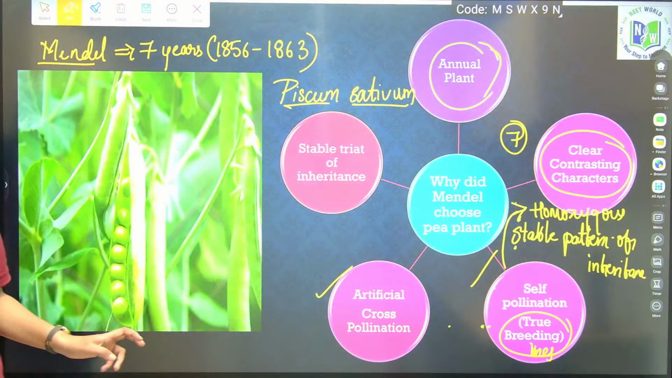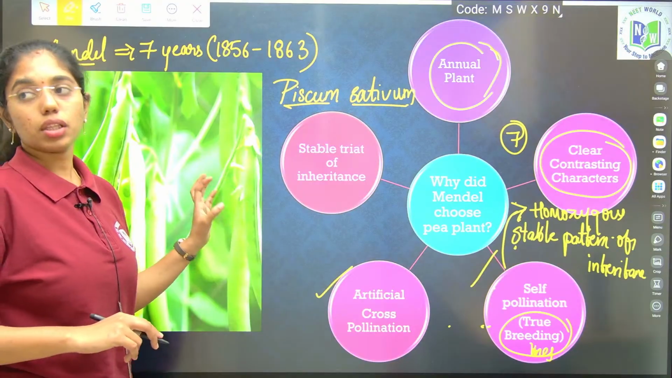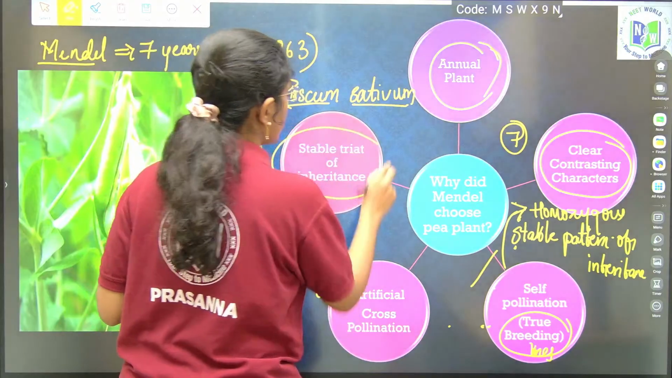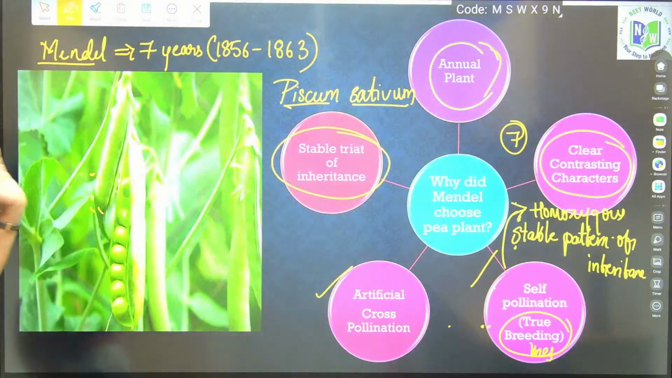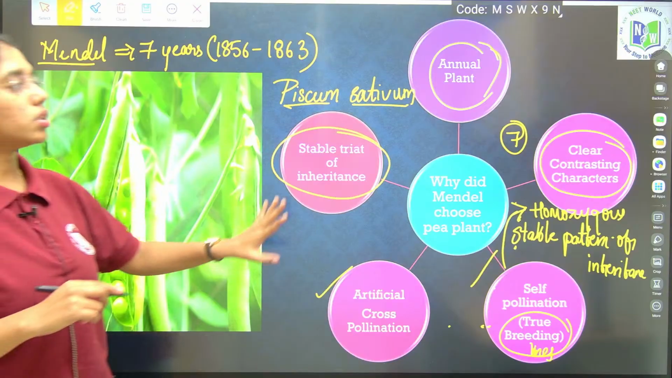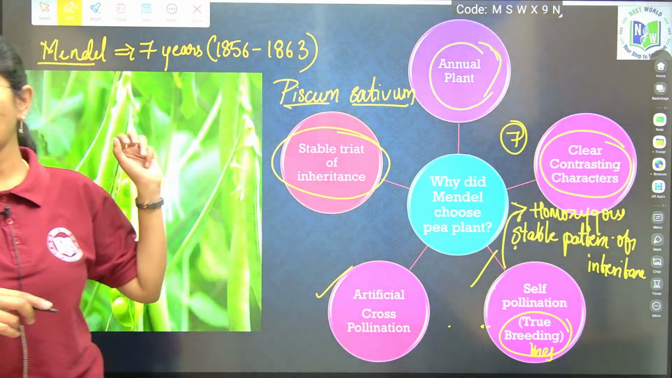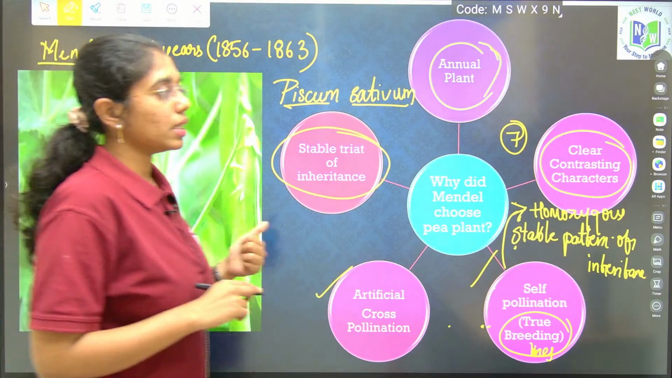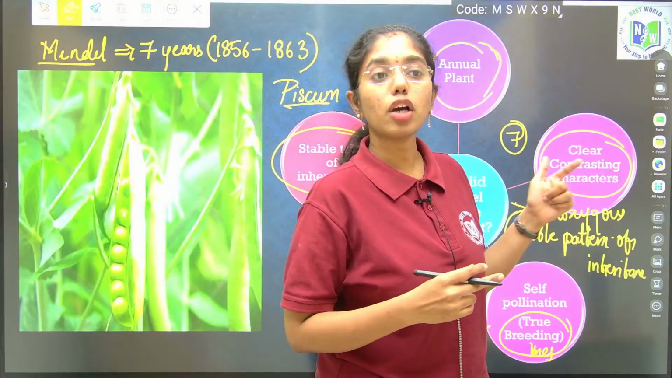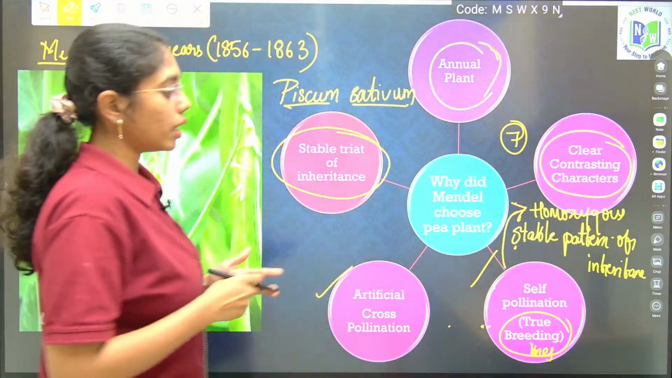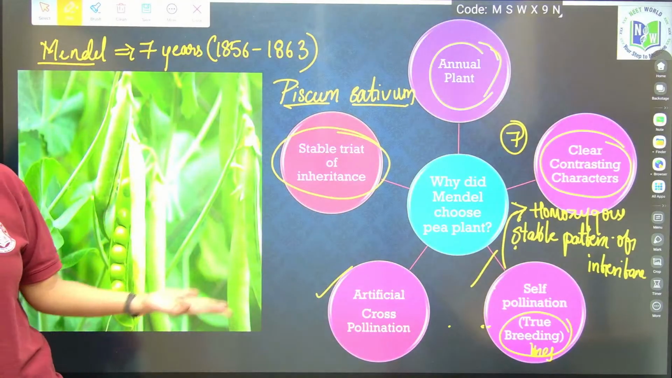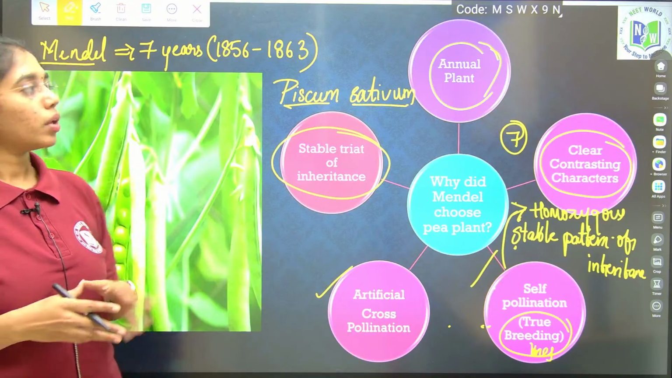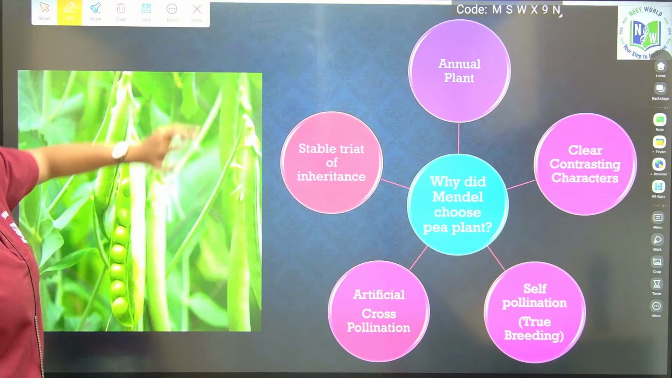Artificial cross-pollination is also easily done here by dusting the pollen grains of the desirable interest, and a stable pattern of inheritance is shown. So, what are the major reasons why Mendel chose Pisum sativum? 1. It is an annual plant. 2. Clear contrasting characters are shown. 3. Self-pollination, and then artificial cross-pollination, and stable trait of inheritance is shown. So, these are the noted features. And then